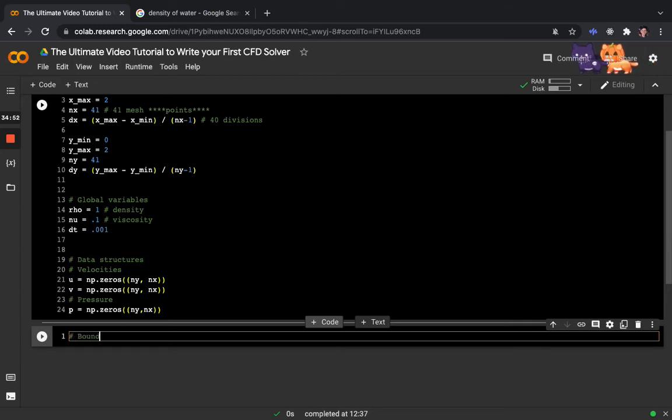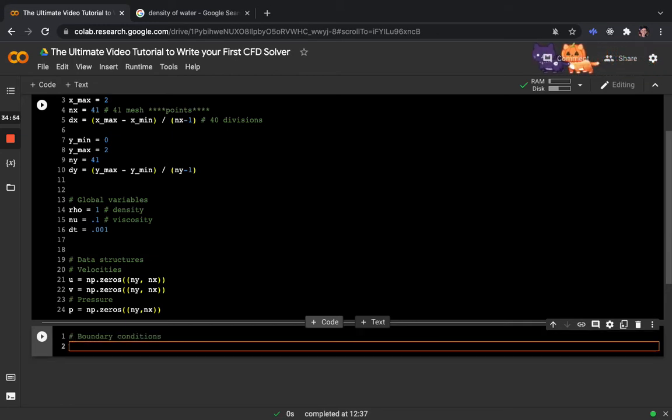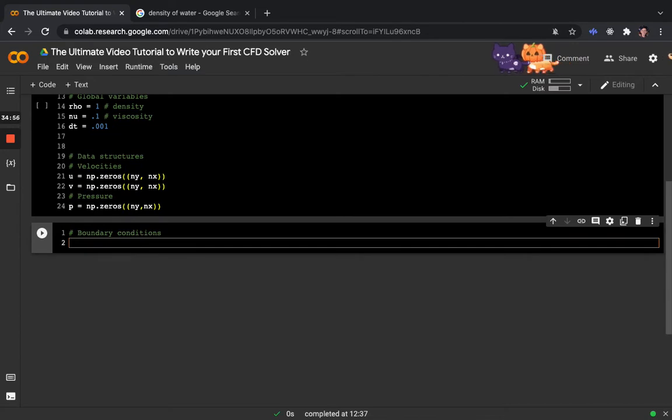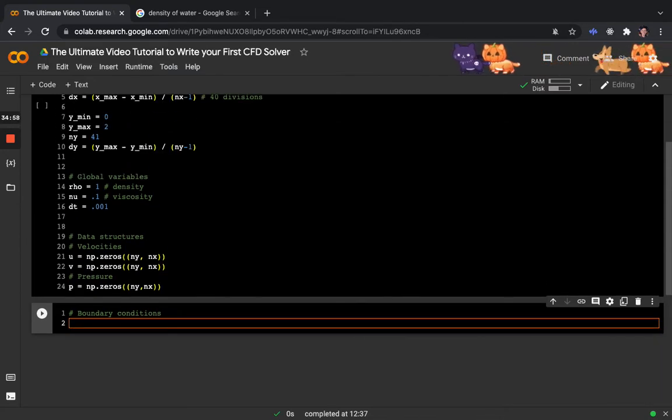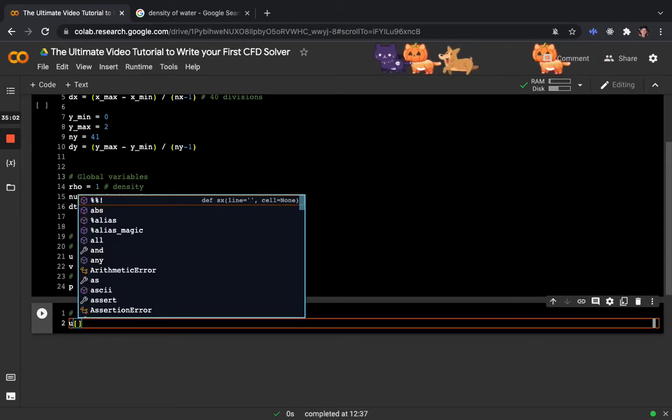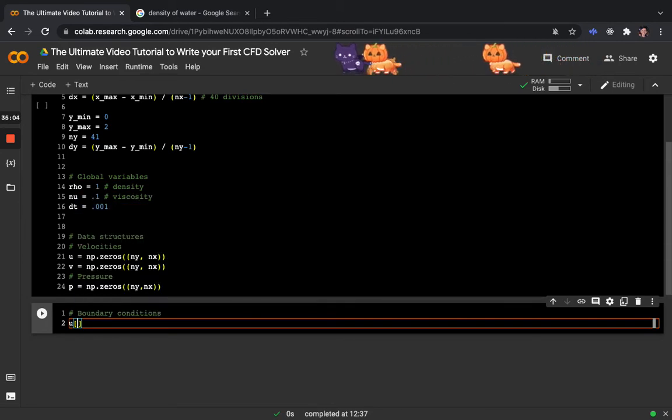Boundary conditions. Each letter fits the boundary conditions. Let's start with the top because that's the first thing that comes to mind. What's the top? Well, in the first, if I'm not mistaken,